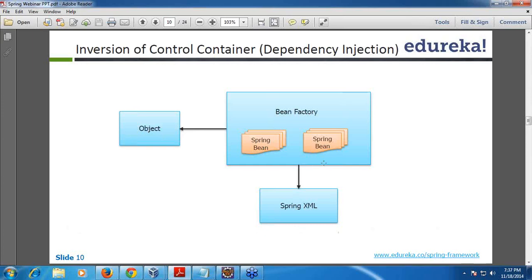You just configure them, that's all, and Spring loads them at runtime.